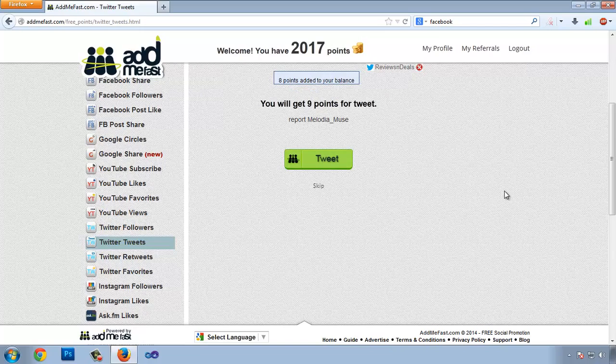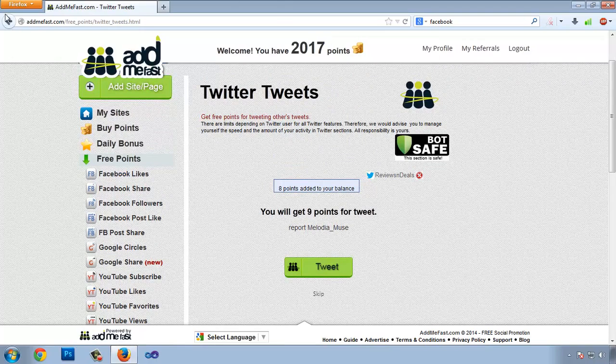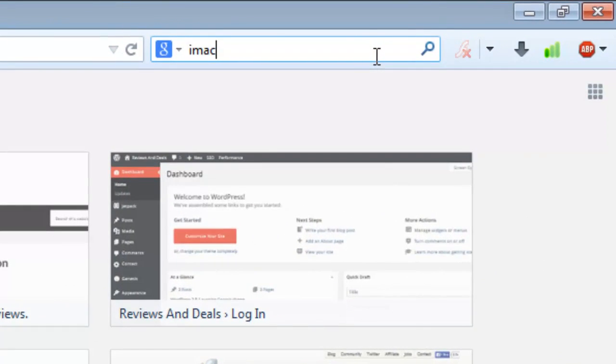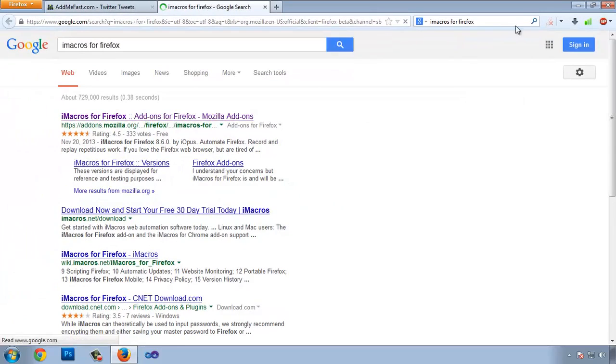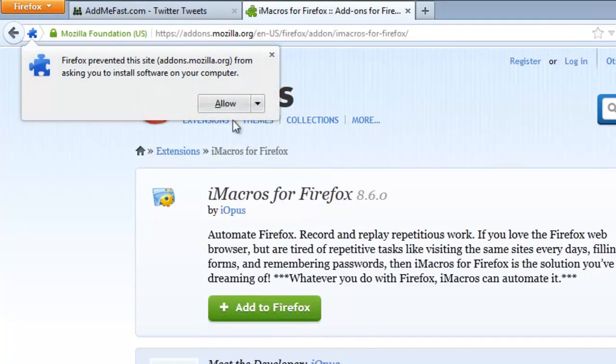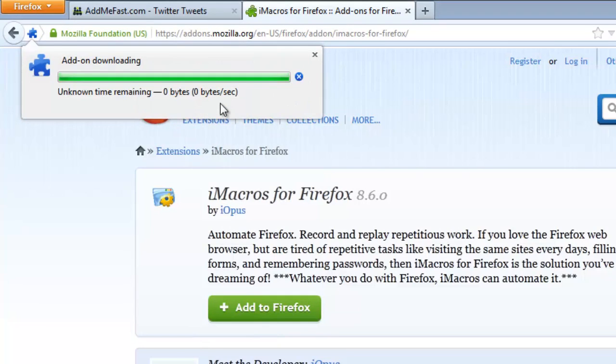Now to make this process automatic, you have to make sure that you are using Firefox, or that Firefox is installed on your computer, and after that you need to install one more add-on for Firefox. The add-on is iMacros. So go to Google and search for iMacros for Firefox. The first link, click on it. Now press this green button here, Add to Firefox. It will ask you to allow, just click allow